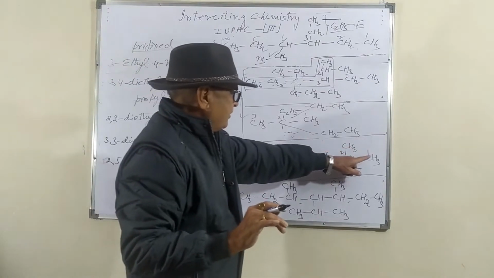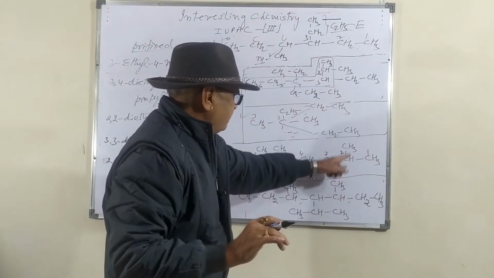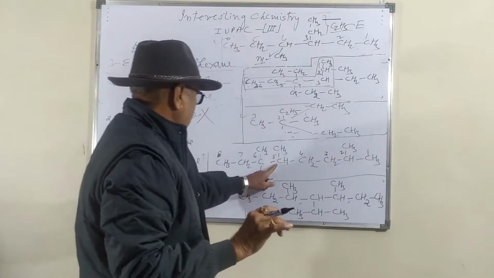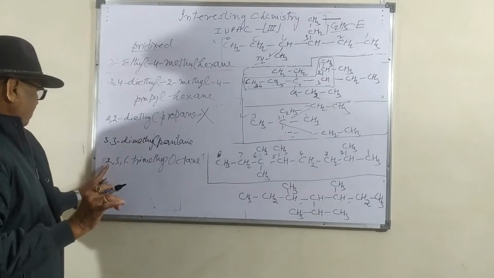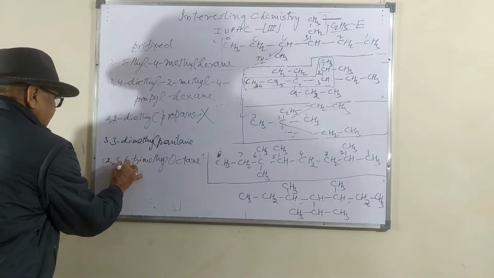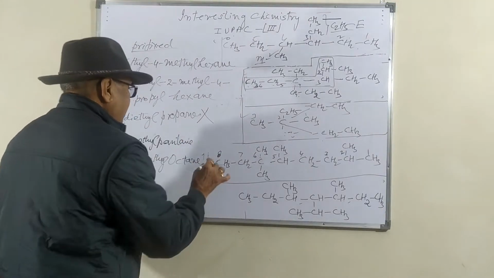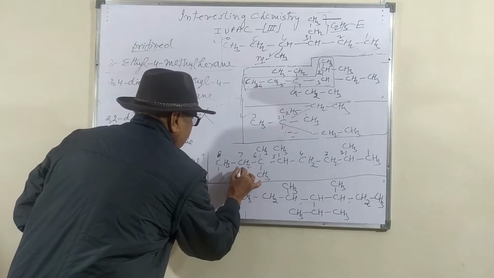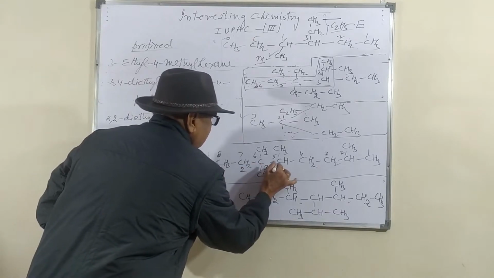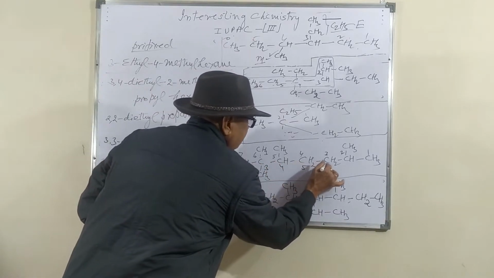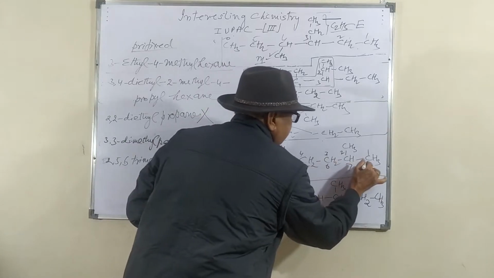When you start the numbering from this end, the name of this compound is 2,5,6 trimethyl octane. Now if you start from the other end, 1, 2, 3, 4, 5, 6, 7, 8,